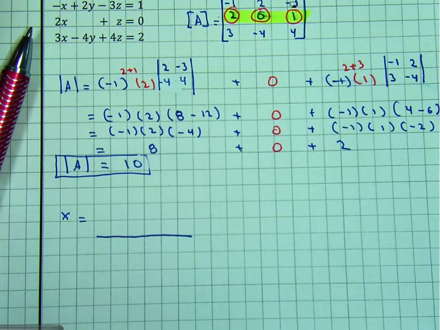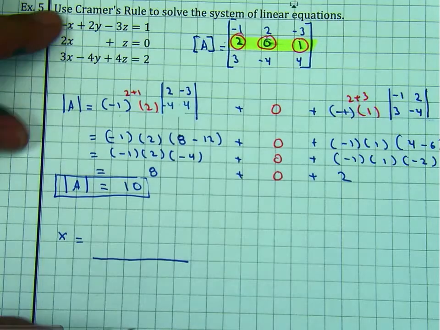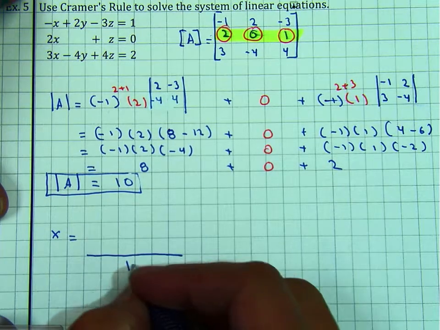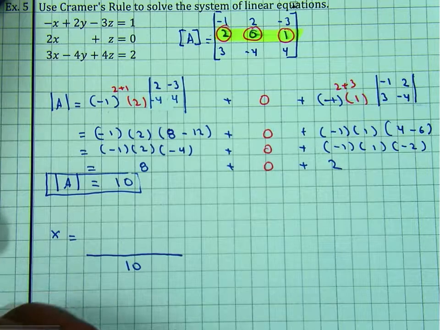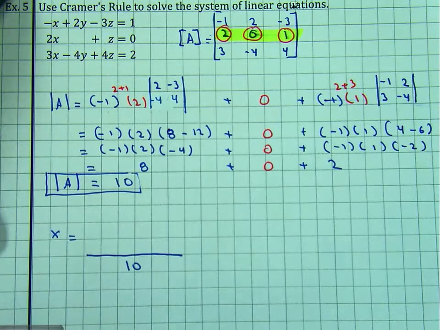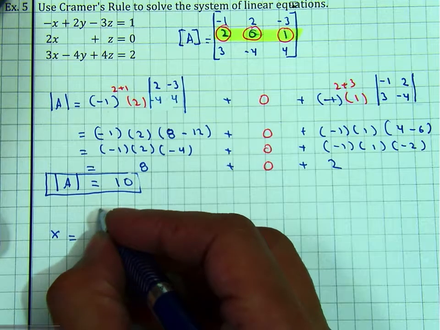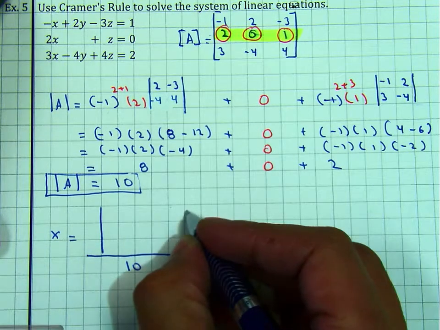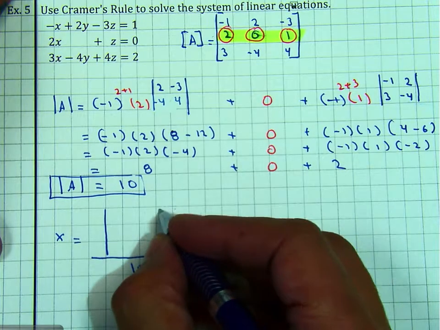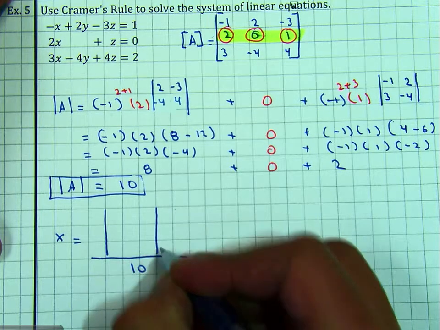The value of x will be divided by 10. The value of y will be divided by 10. And the value of z will be divided by 10. But now we have to find the determinant